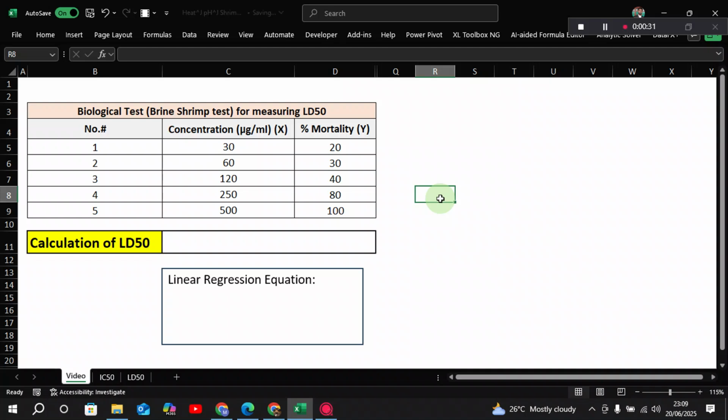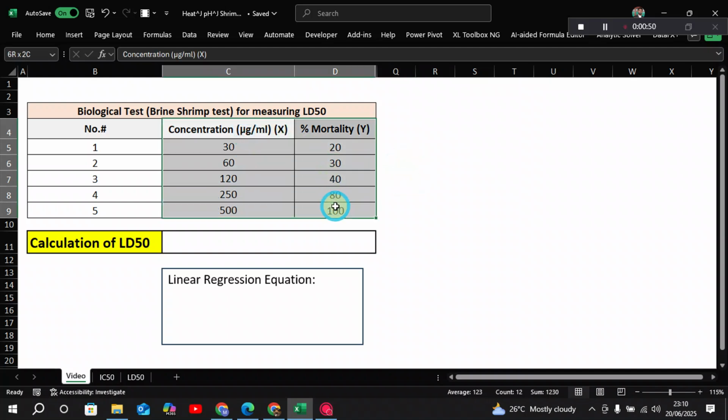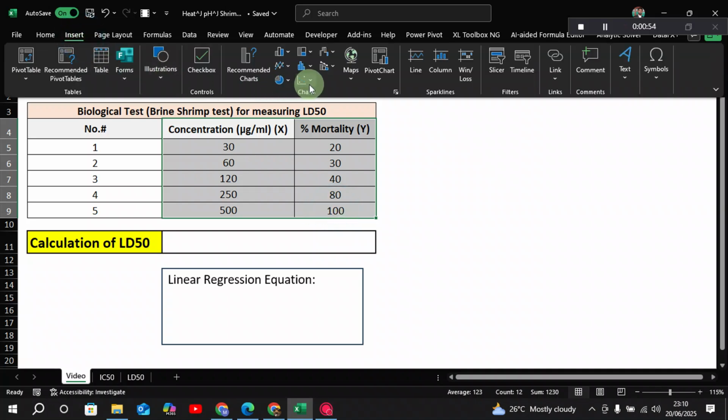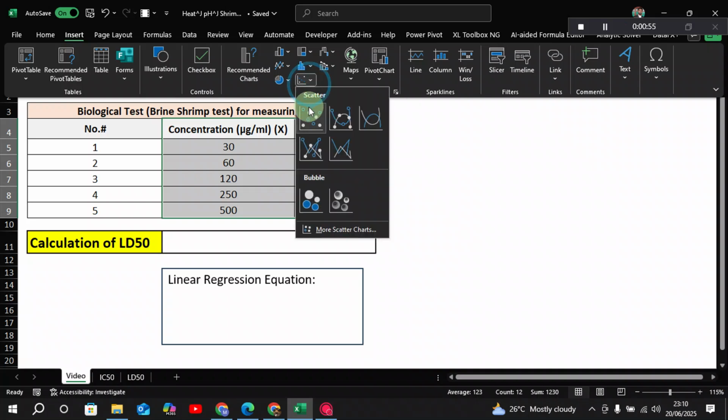So at first you need to set up your data like this. I have a particular data set of a biological test with the mortality percentage labeled as Y, which is the dependent variable, and the concentration labeled as X, which is the independent variable. And I will select this whole data set and click on insert, and from the charts I will select the